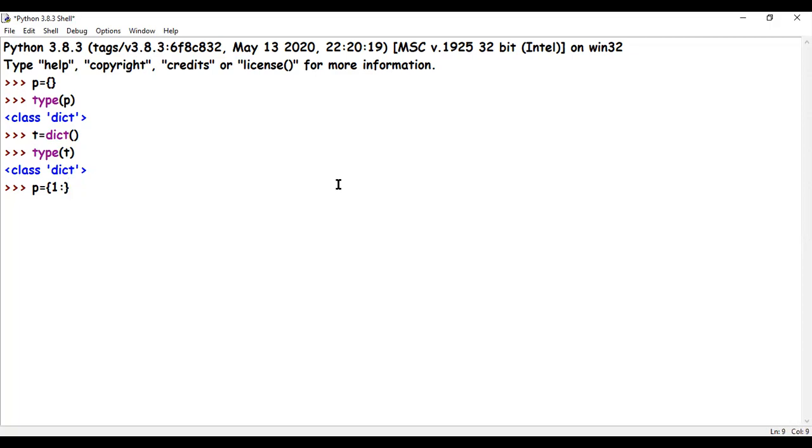Okay, so let's say I'm going to say 1 is banana. Then I use a comma to indicate that I have another key value pair. We use comma to indicate that we have another key value pair.